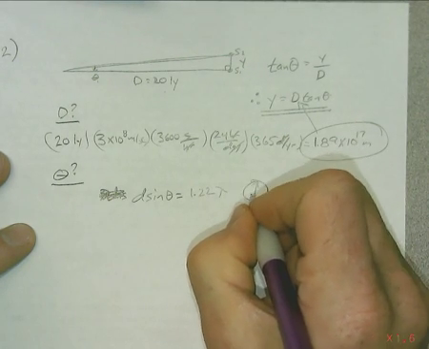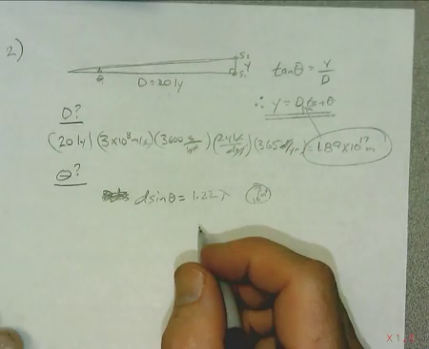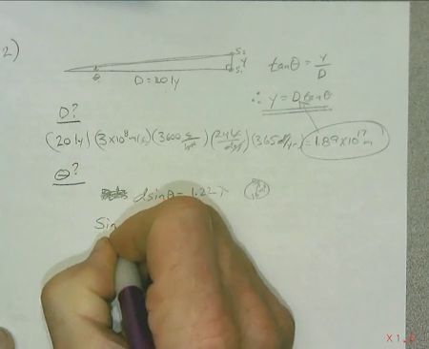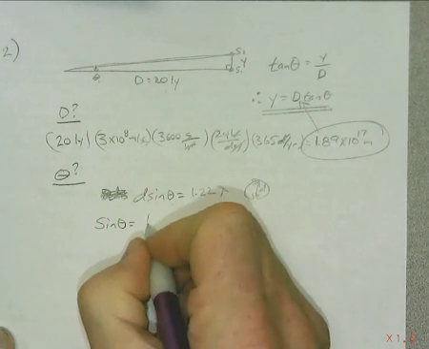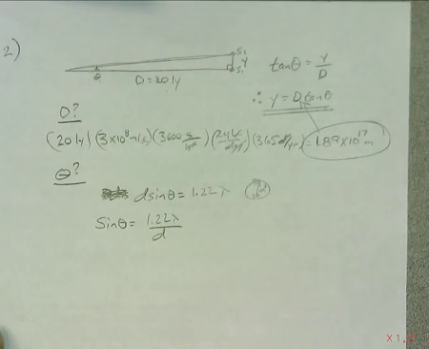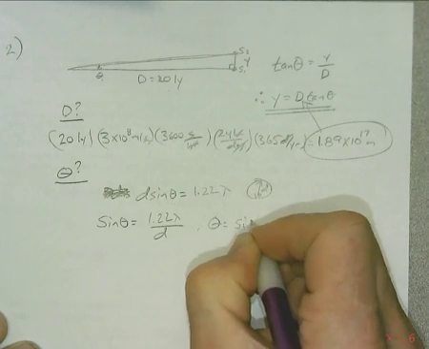And this D is the diameter of the lens, or mirror in this case. So we're looking for the angle. Well, the sine of theta is equal to 1.22 lambda over D, or theta is equal to the inverse sine of